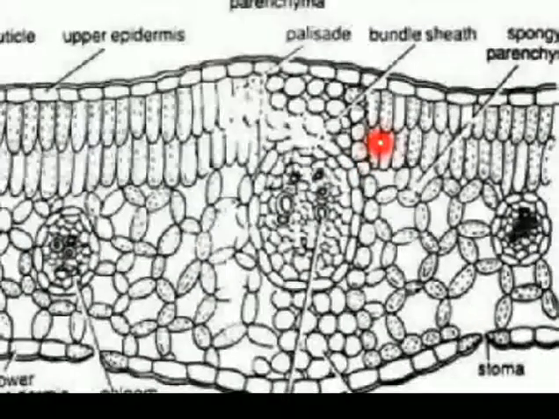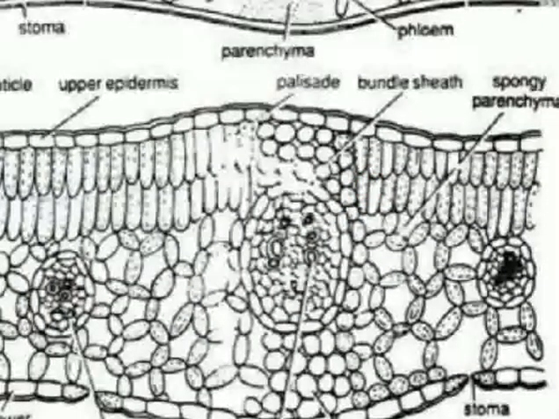In grasses, certain adaxial epidermal cells along the veins modify themselves into large empty colorless cells, which we call bulliform cells. They help in curling of the leaf. When the bulliform cells in the leaves have absorbed water and are turgid, the leaf surface is exposed. When they are flaccid, they make the leaf curl inwards to minimize water loss.